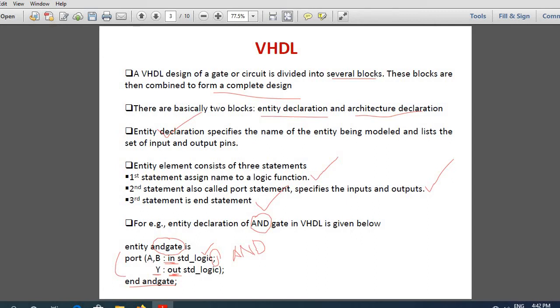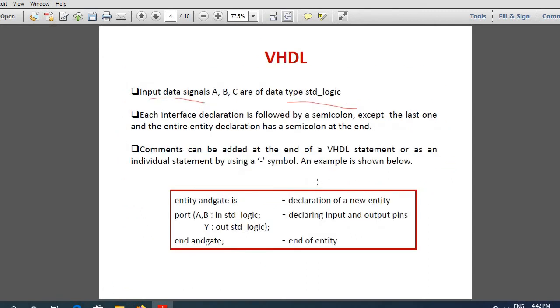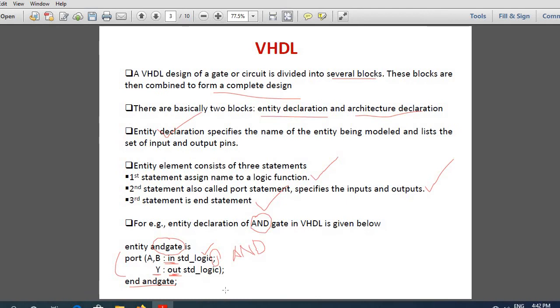You should not forget to put the semicolons. Look here, what they said is, after the inputs you put a semicolon, after the outputs you close the bracket and then only put the semicolon.